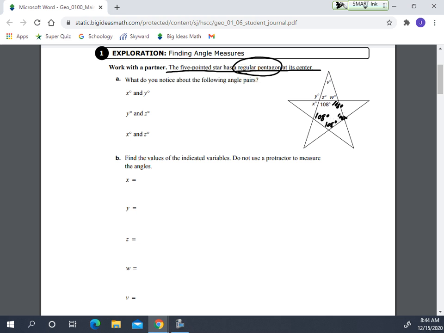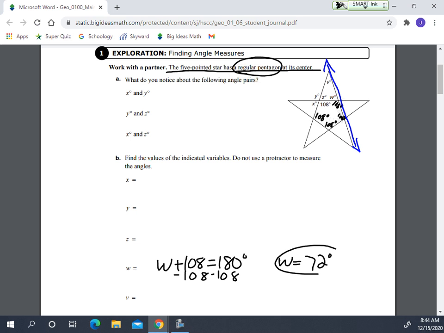Now W would equal, they're on this line. W plus 108 equals 180 degrees. We subtract 108, W is equal to 72 degrees. Okay, and then V,